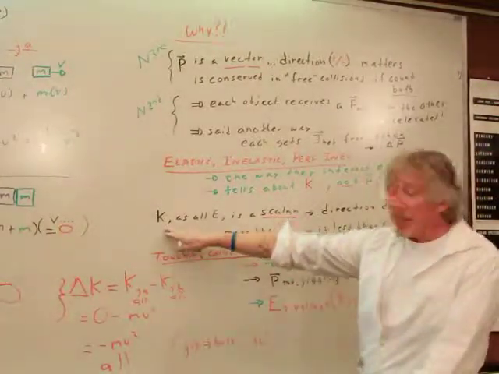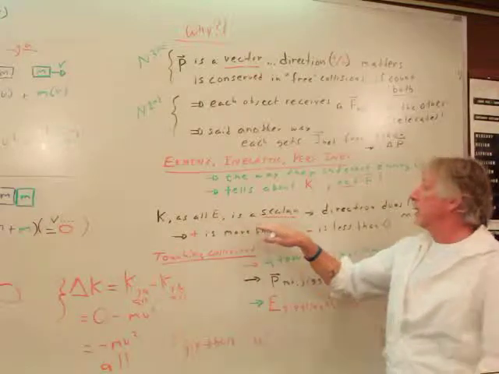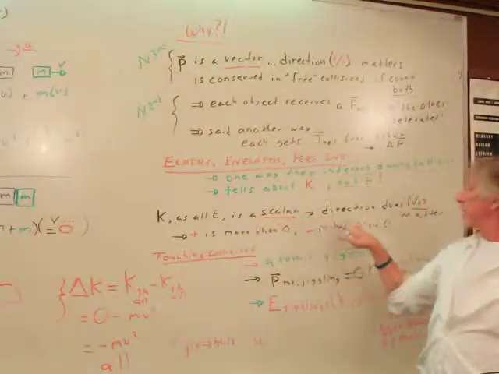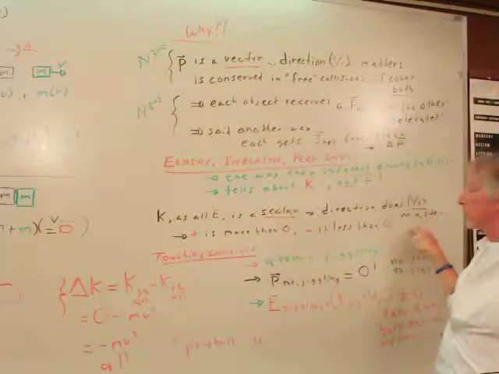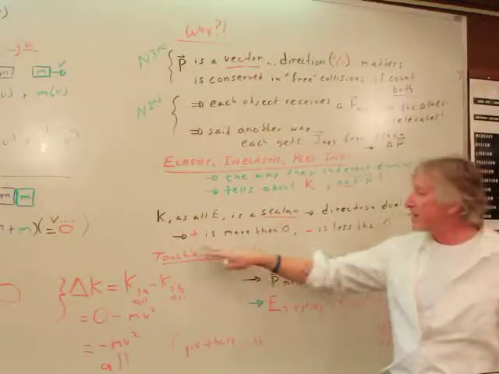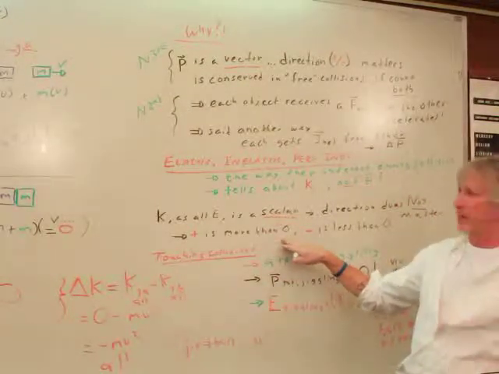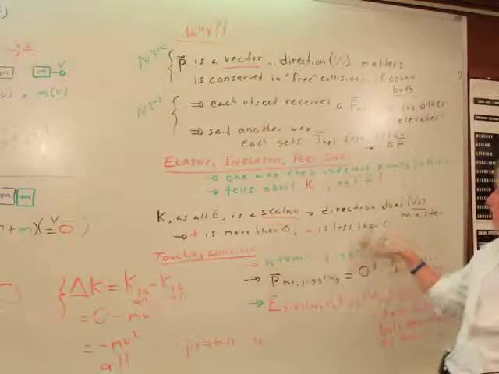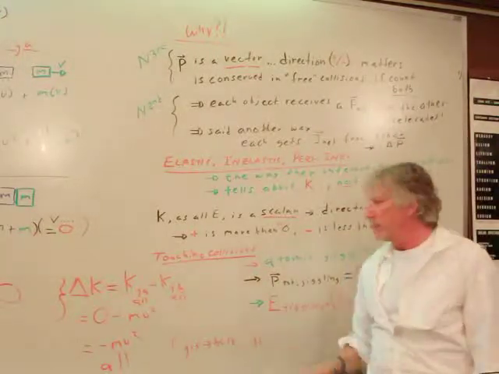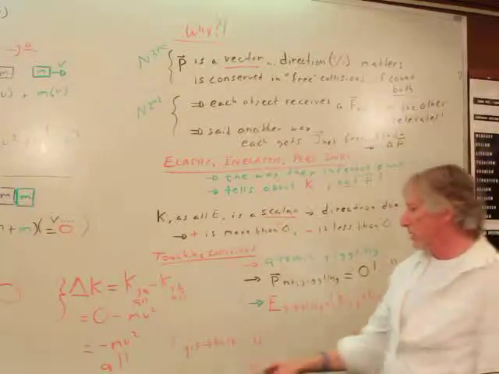So kinetic energy, as with all energy, is a scalar. And so the direction does not matter. The plus simply means more than some reference zero, some place you defined as zero amount. And negative is just less than zero. So here it is. In touching collisions,